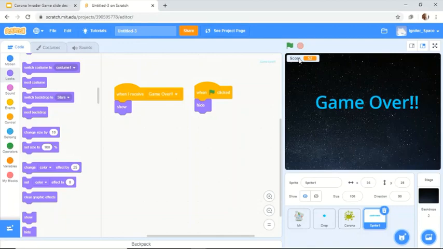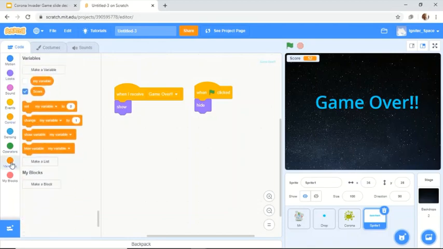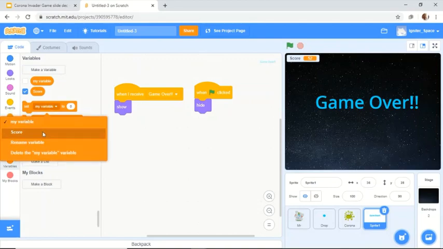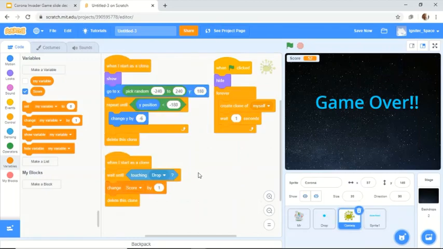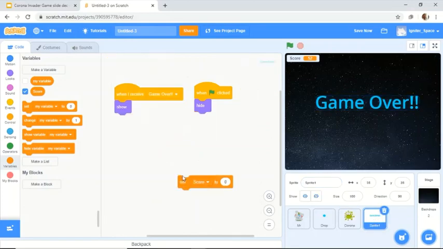Now I have told you this before. In variables we have things like this that you can use. When the game starts, set score to 0. You can use this, and every time the hero defeats a coronavirus, that means every time you hit a virus, the score increases by 1. That we did in here. See, change the score by 1 whenever the sanitizer is touched. And then what we need to do is, we have to set a starting score of 0,